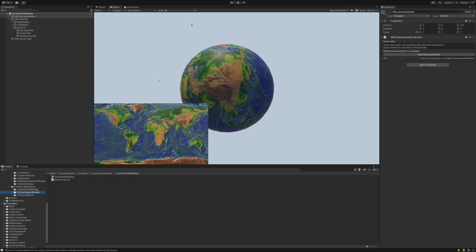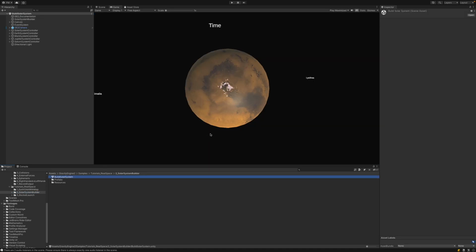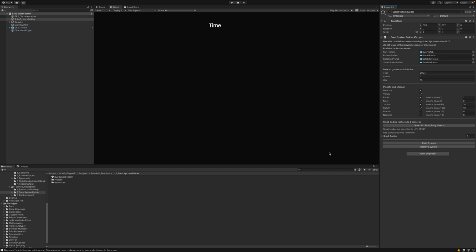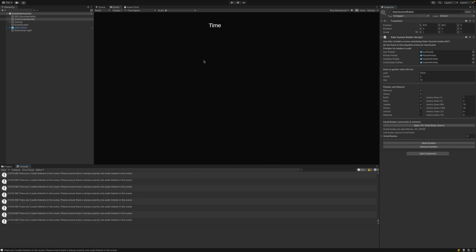So the second real-world example we have is pretty cool. It allows you to build the whole solar system. There's a script called Solar System Builder. I'm just going to go ahead and say remove the system. And if you look over in the right here, you have a choice of planets and moons, a whole bunch of stuff. You can pick each planet with a checkbox, and you can say how many moons you want